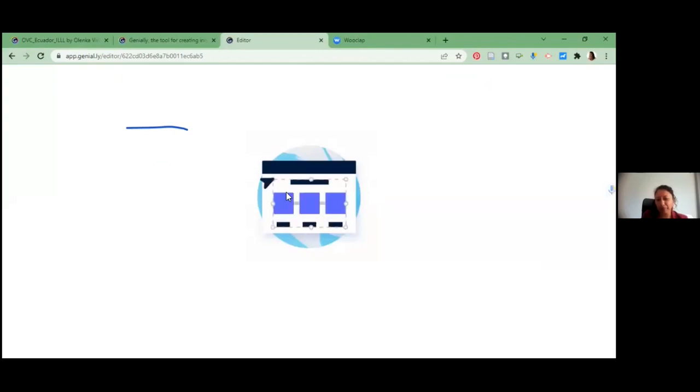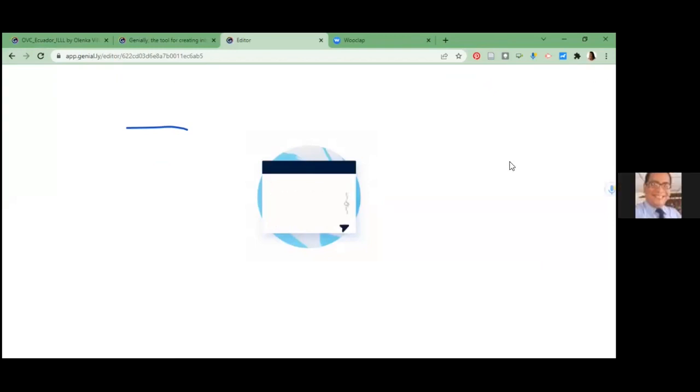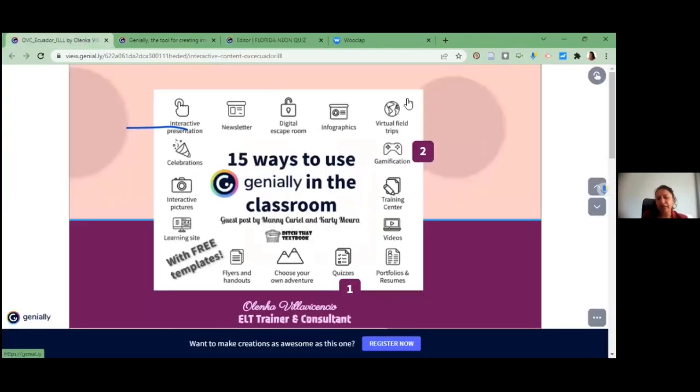I have to be patient because it takes approximately 10 seconds to do that, or at least. It depends on the quality and also the hardware that you have, okay? But that's it. Whereas what I am doing here, don't forget that you can use Genially for different purposes. This is the reason that I use this Genially, because it's very interactive.